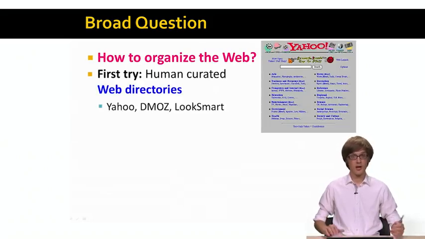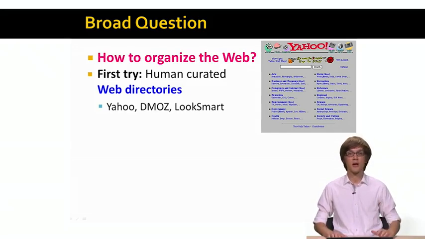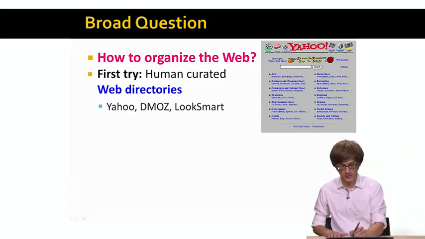The way people tried to approach organizing the web was naturally curated by humans. So for example, Yahoo, back in 1996, their original idea was to take all the web pages on the web and manually categorize them into a set of categories. So for example, here I have a screenshot of the web page, and you see that the top category was,